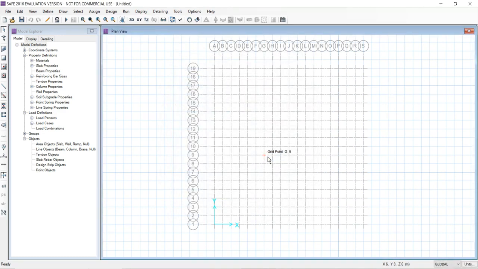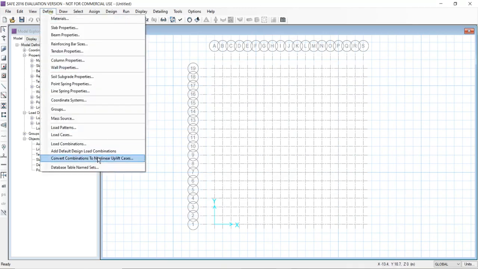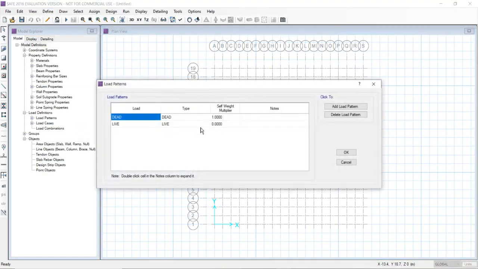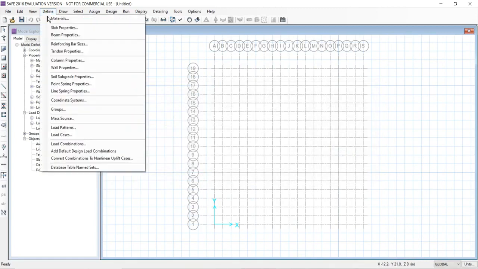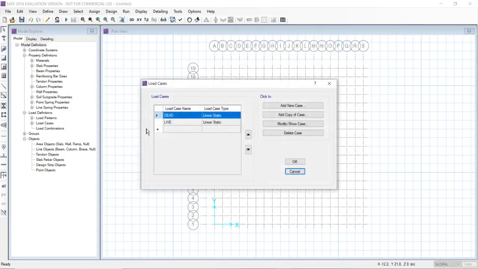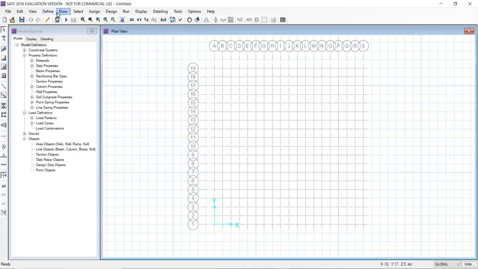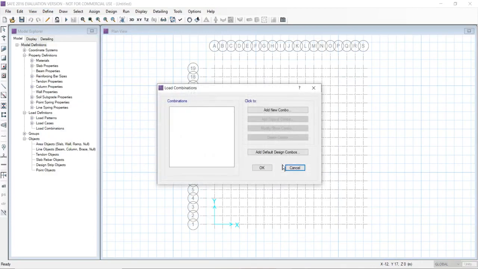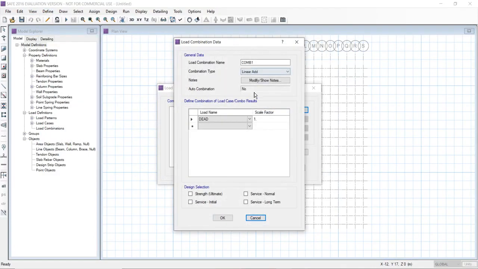Now we will define the load patterns, load cases and load combinations. See here, the load patterns are dead and live load. Load cases are also dead and live load, and the load case type is linear static. Now we will go to load combinations. Here we'll define load combo 1, that is dead load of 1.5 times and live load of 1.5 times.